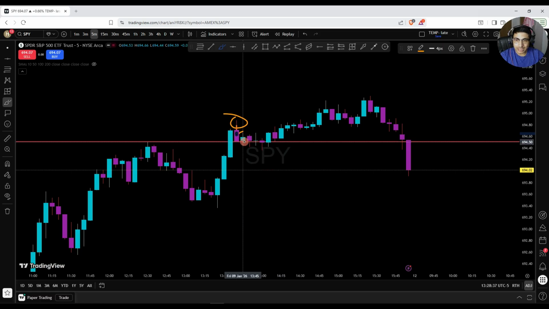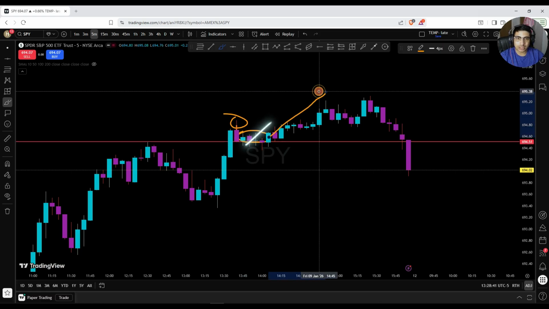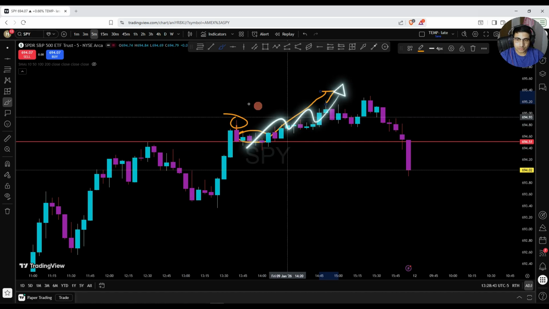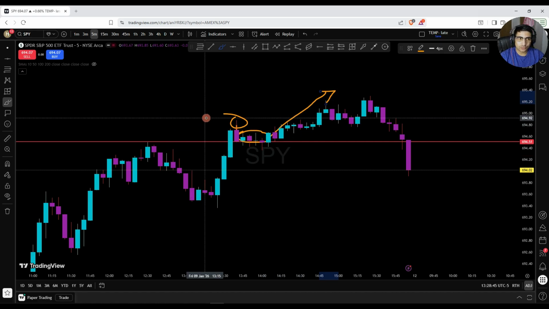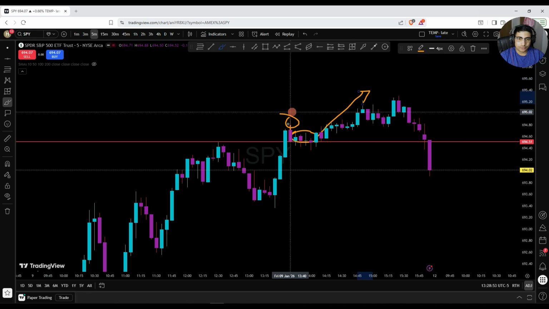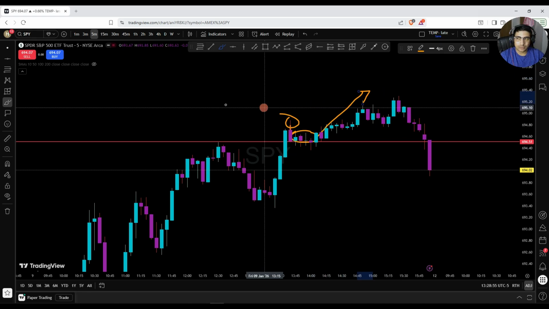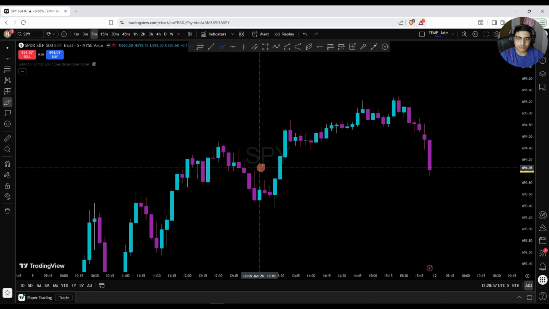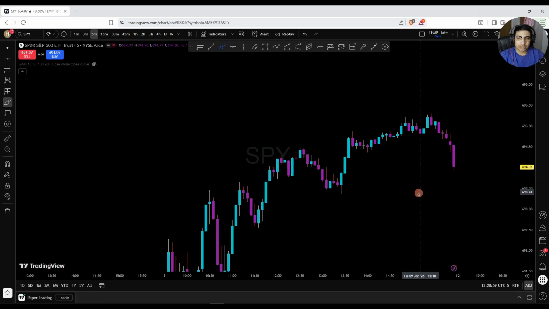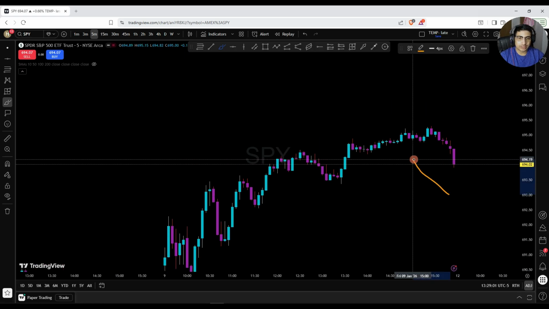And then when they sell, it just stays sideways for a little bit of time, and then it spikes up. This was one of the main reasons for failure in the breakout situation. This is a very common type of failure in the breakout situation. You're going to see breakout failures every day, on every time frame.